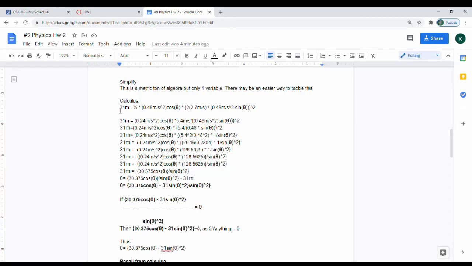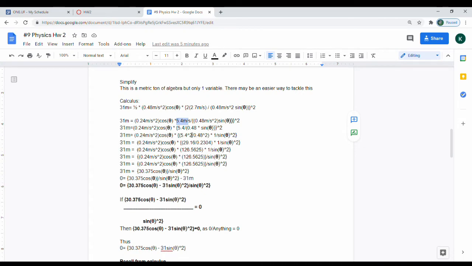Alright, so this is just the calculus part that you should have got here from the physics, and I'm going to break this down. So very first thing, I multiply these two together to get this. I multiply these two together to get that. And the next thing I do is that, yeah, that's what I do. And then after that,